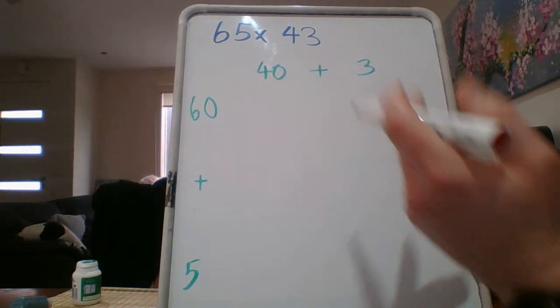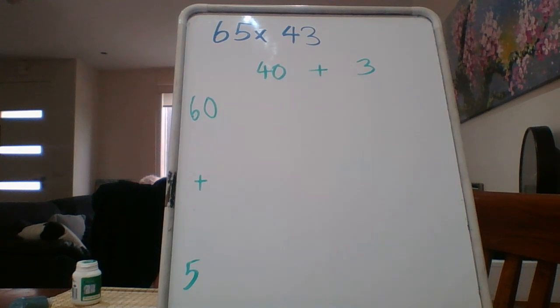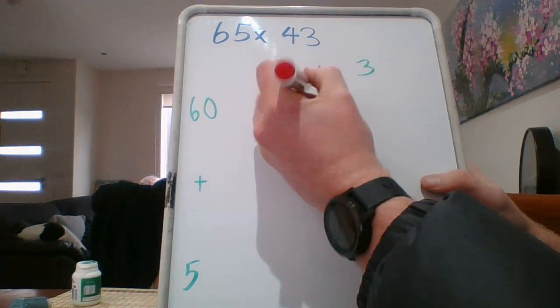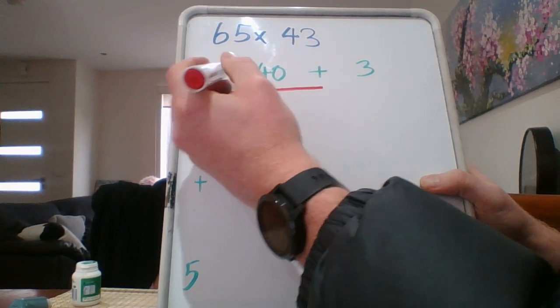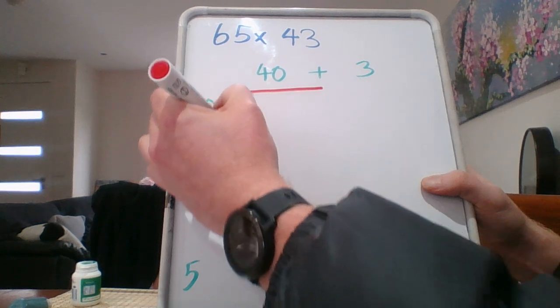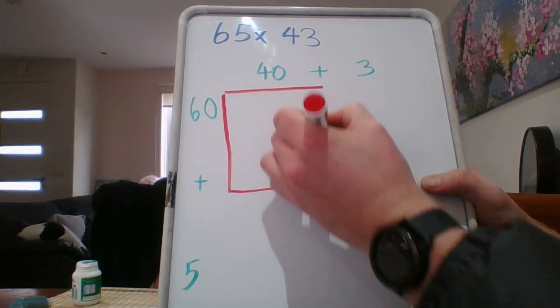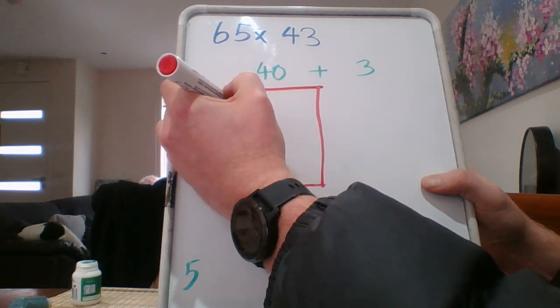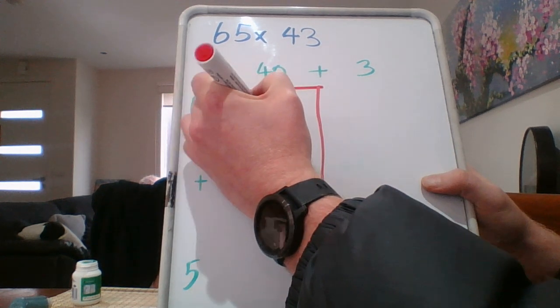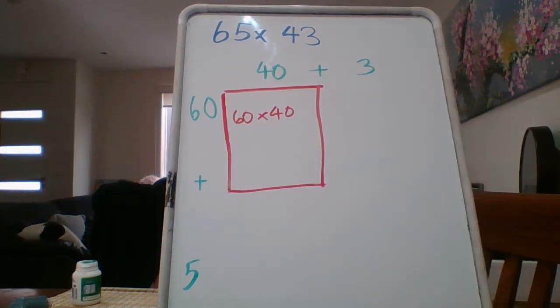You could do this in your grid book and you could actually go across 40 squares, down 60 squares, but that's going to take up a lot of your page. So I'm going to do a smaller version of that on here. So if I went this way and I said that this was 40 boxes wide, that line there, and we'll say this one is going to be a bit longer because it's 60 squares down. I could say that in this area here, I've done 60 rows of 40,